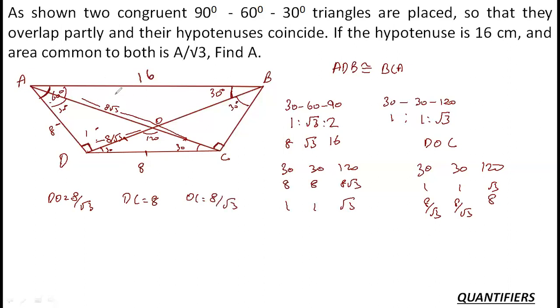Now, since it is a trapezium, these two triangles are similar, obviously. This triangle and this triangle are similar, right? 120, 120, 30, 30, 30, 30, parallel lines. These two triangles are similar. If two triangles are similar, then their areas are in the ratio of their sides squared. So what ratio will the areas be in? Area of triangle AOB upon area of triangle ODC would be in the ratio of 16 squared by 8 squared, right? So that is 4:1. So if I am able to find this area, I'll be able to find this area also, right? Easily I can find that. So now what?